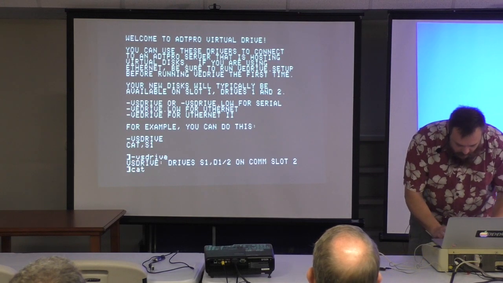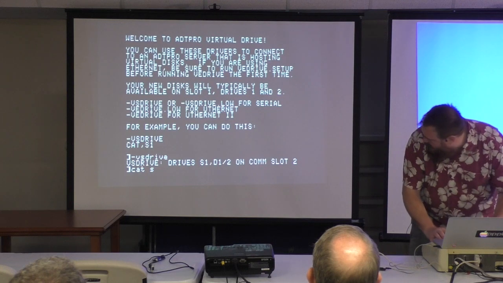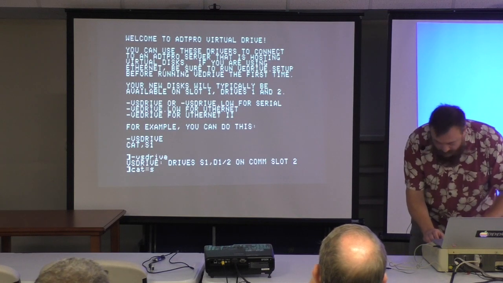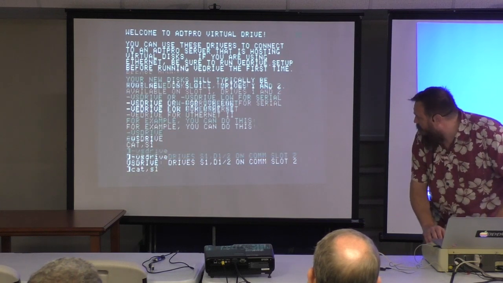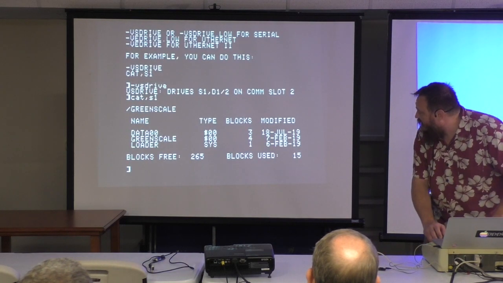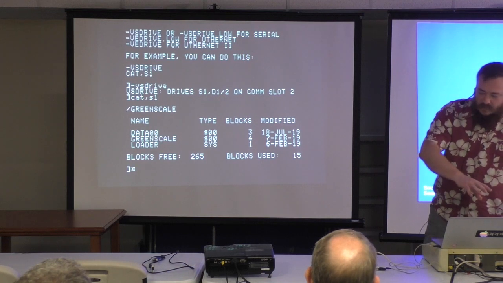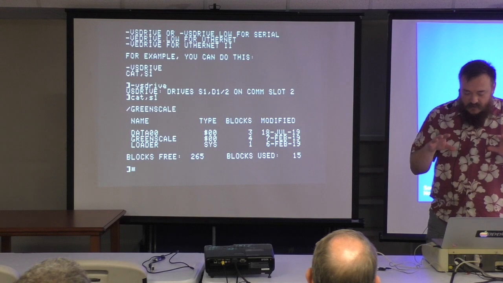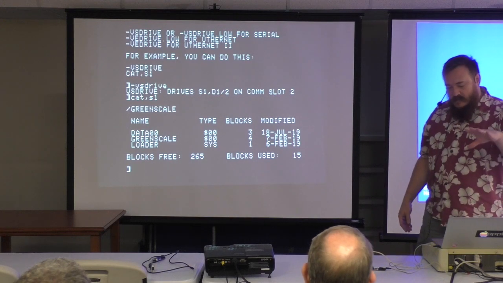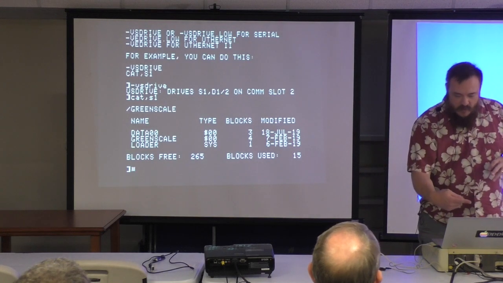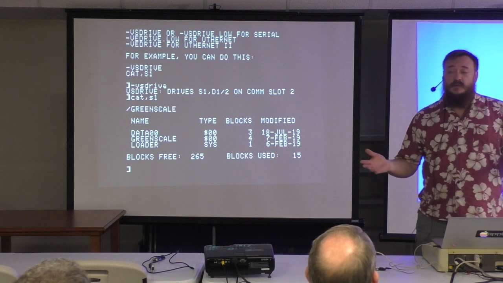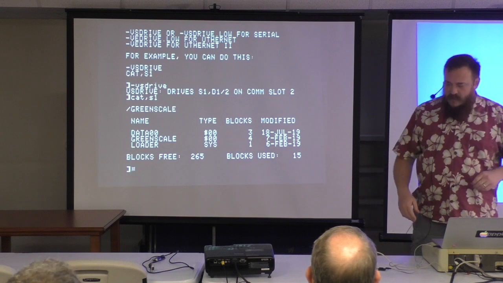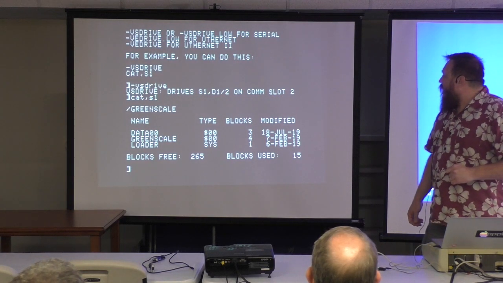So I can, need the comma there. I knew I had it. There's one. And now you can see that it has, through the miracle of science, mounted a hard drive image that's hosted on my Mac through the serial port with the magic of ADT Pro and virtual serial drive, but that's not what I'm demonstrating. That you could do, I don't know, a few years ago. What I am going to show you,